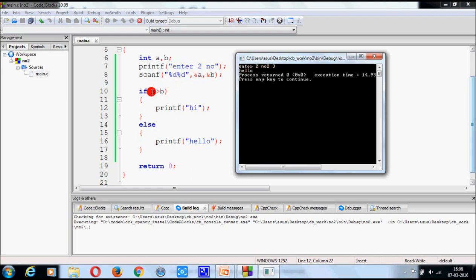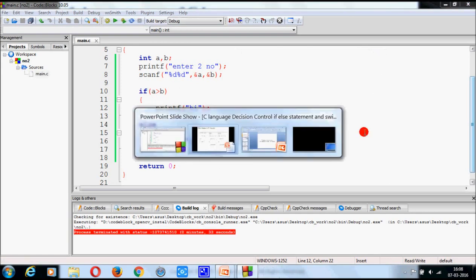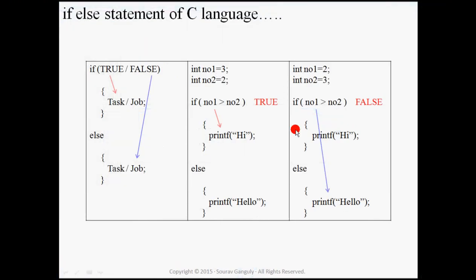That means the condition A greater than B, that is, the first number is higher than B, becomes false. So this section is executed. Now you understand this program.